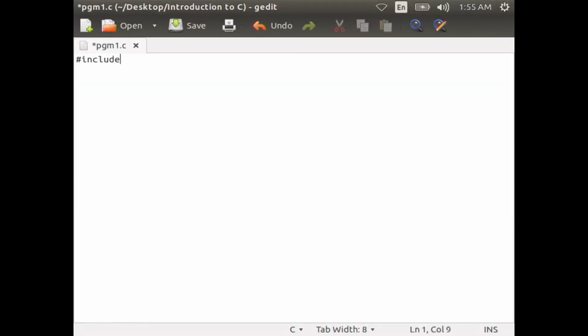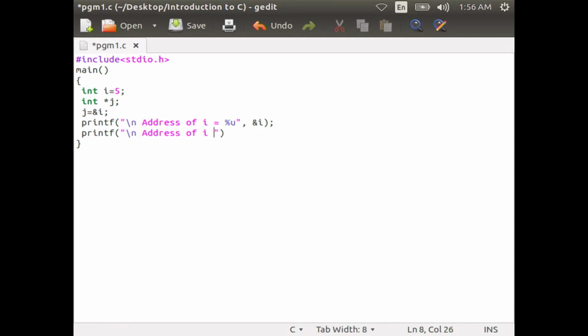#include <stdio.h>. We start the main function, within curly braces int i = 5, then declare the pointer variable int *j and j = &i, then printf("address of i = %u", &i), printf("address of i = %u", j),